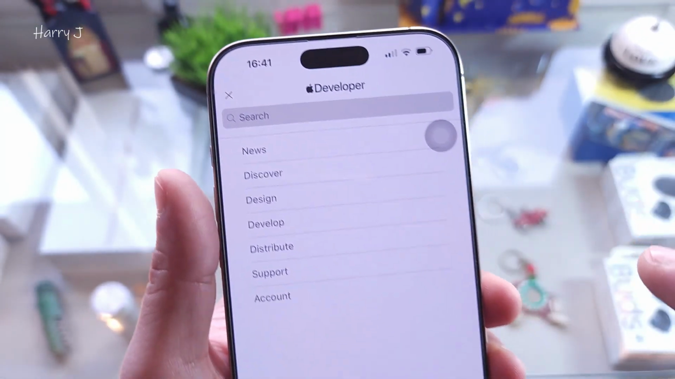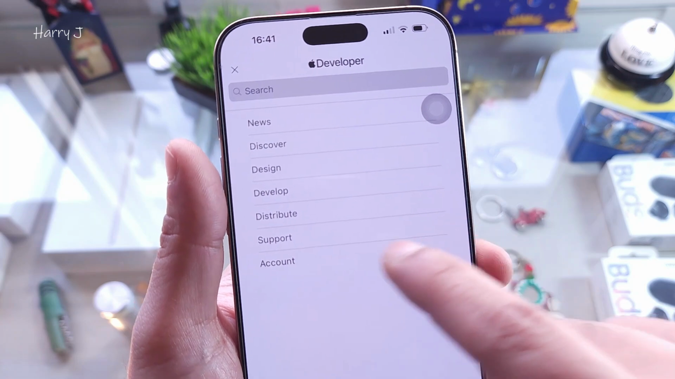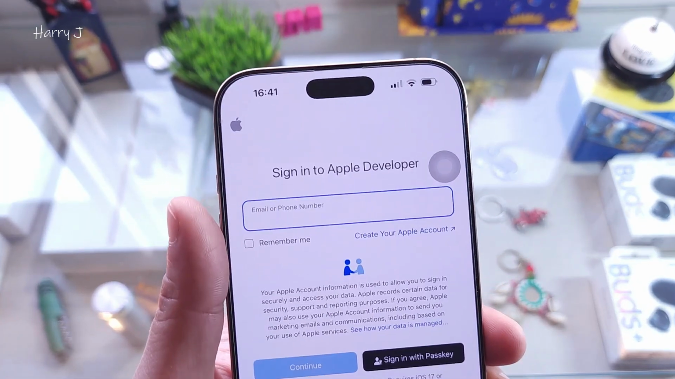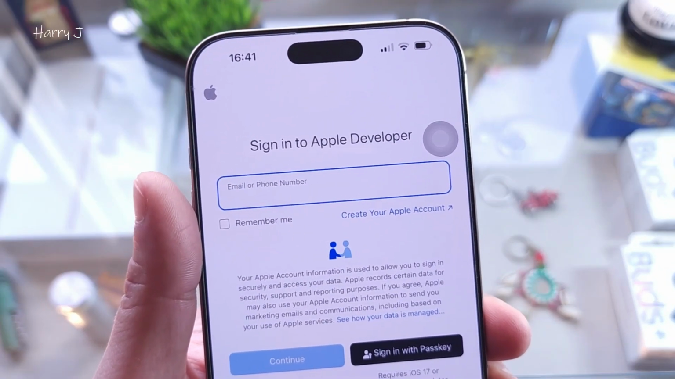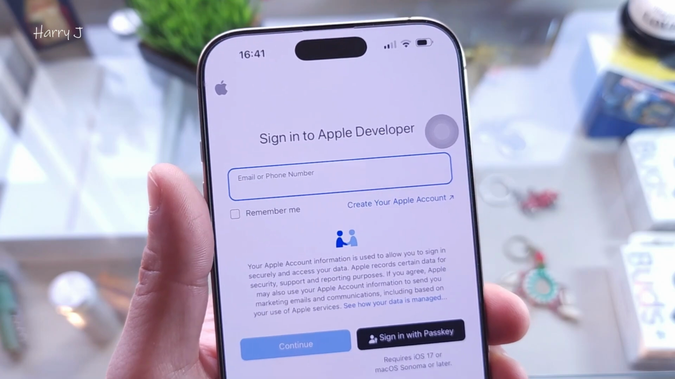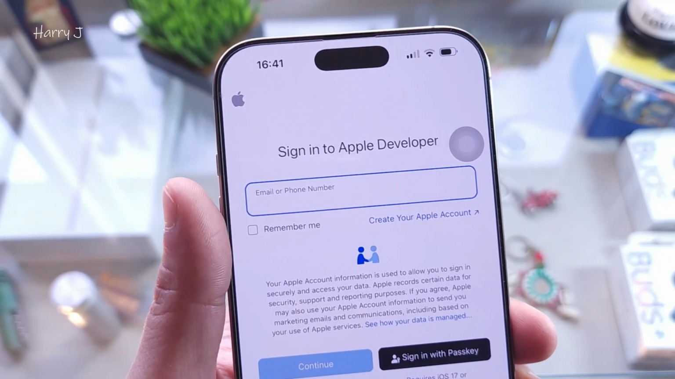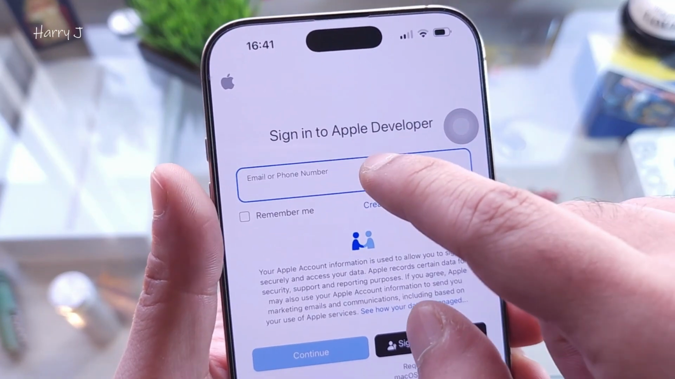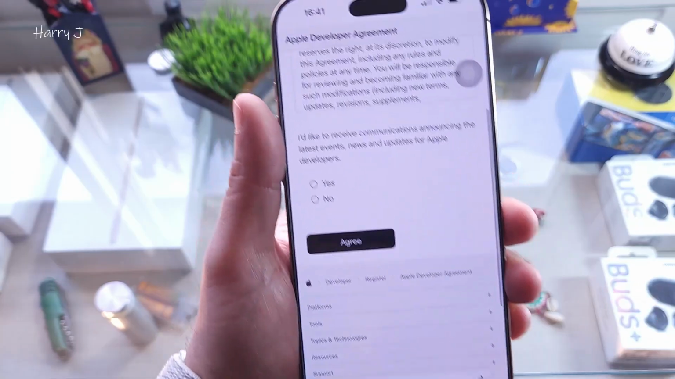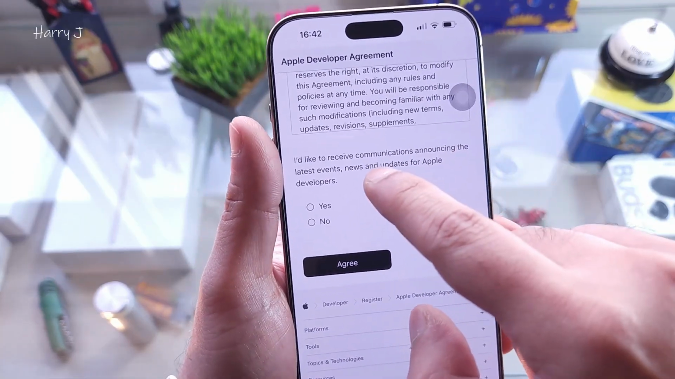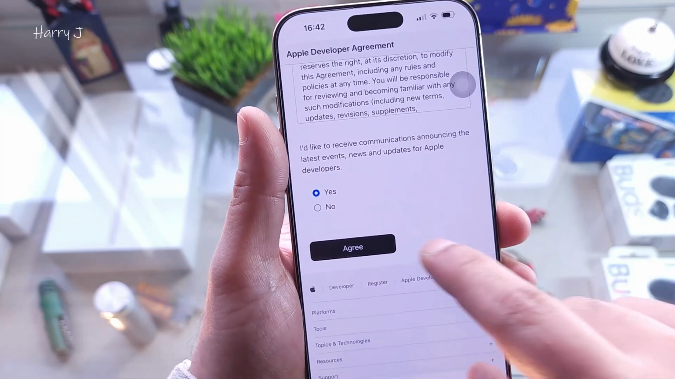I click here, you see the account option, click this one. You have to sign in with the same Apple account which you are using in your phone. If you sign in with another account, it's not going to work. So put your email address. You see the agreement, you can read it if you want. Hit yes here, hit agree,